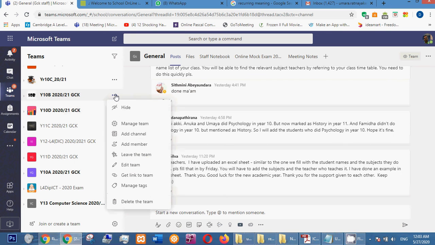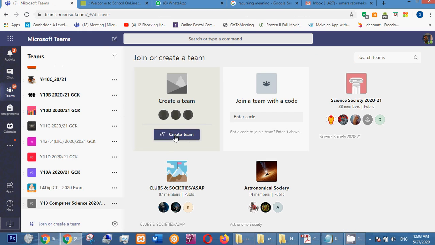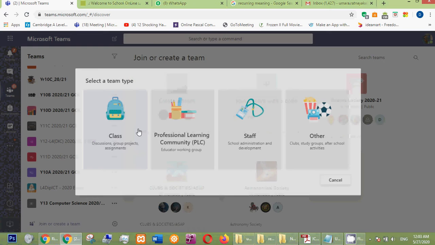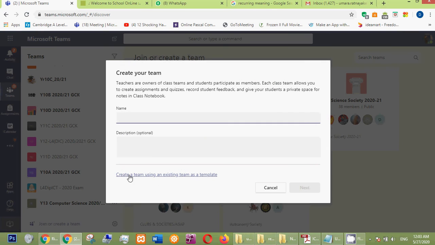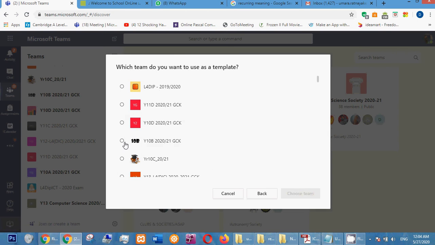So how do you do it? You go and start a new team, class, okay, and you need to select this one, create a team using an existing team as a template. So click on that and select the class that you are going to use. So I'm going to use 10B class,